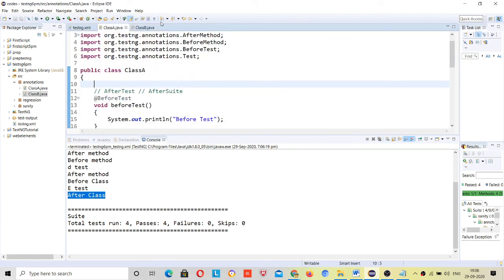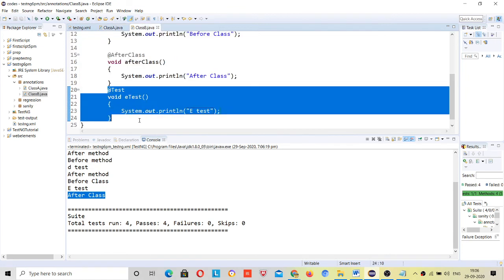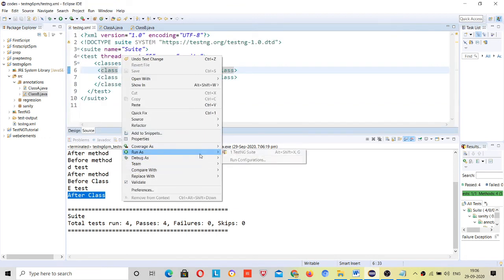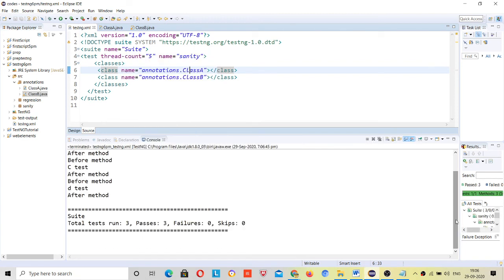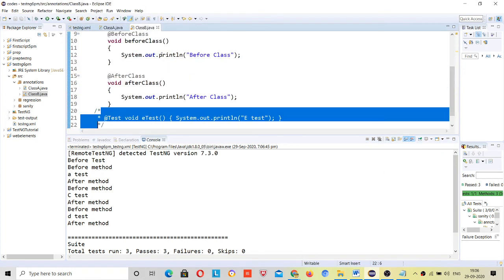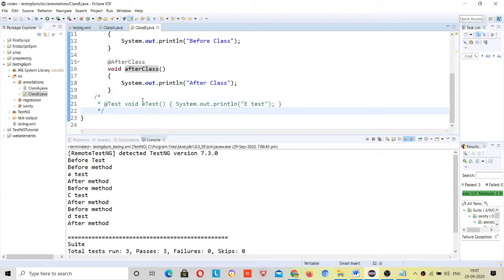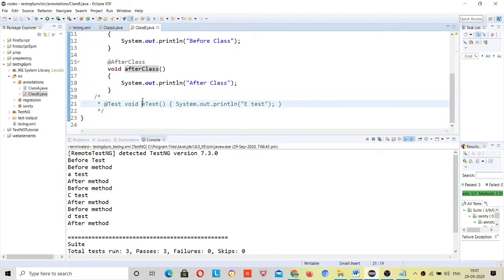Okay, so let me again remove this. Let me tell you. See, this before class and after class work only if you have any method here, right? Because if you don't have any test case present here, then it's not meant for running this. So if you have any method, then this before and after class will work.